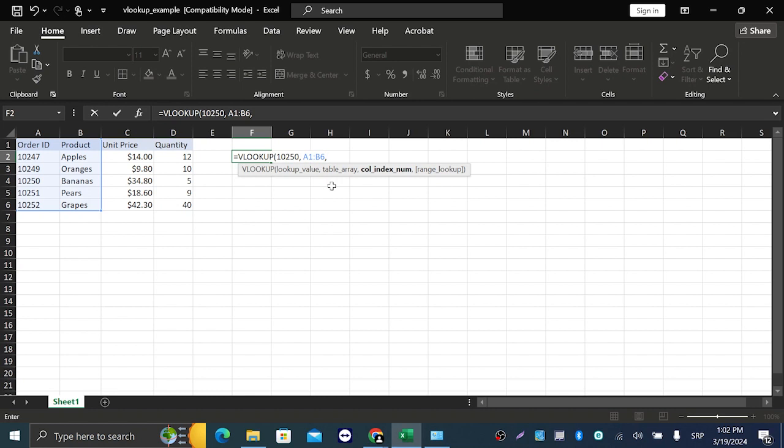So in that part or that function, we are going to either say 1 or 2. If we say 1, it's gonna only search order ID. But if we say 2, it's gonna output only product. So what we're gonna do is, of course, click number 2, and in the last function, in the